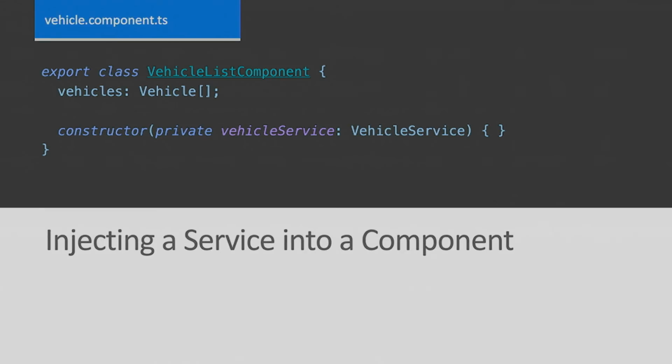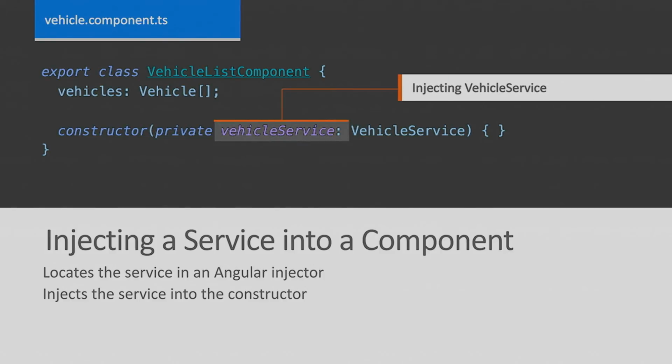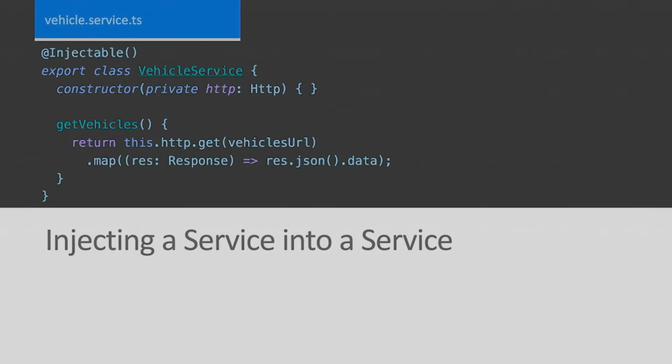So inside of a component, we can say, please, Mr. Constructor, inject in the thing of type vehicle service. Types at work here in TypeScript. It says, OK, I know what a vehicle service is. I'm going to go to the injector. If the injector knows what that thing is, it's going to either give me the running instance of it, the singleton, or it's going to create a new instance. So then we get our vehicle service.